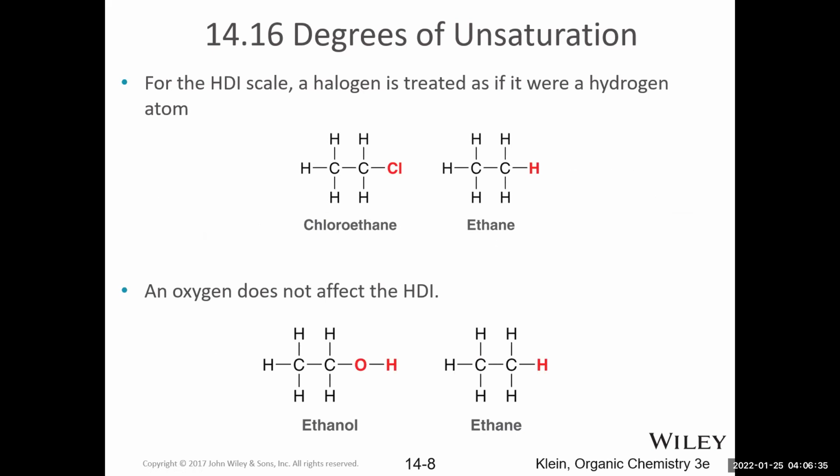In the calculation, it takes into account other compounds that are not just hydrocarbons. For example, what if there is a halogen in the structure? Well, it turns out that a halogen is treated as if it were a hydrogen atom. Because remember that halogens only bond once and are therefore at the periphery of compounds, just like hydrogen atoms. So they're sort of indistinguishable.